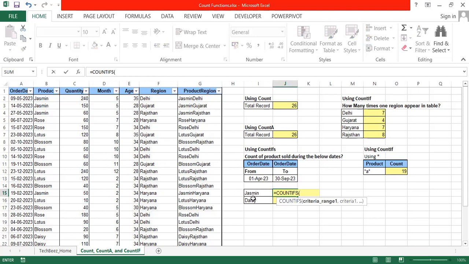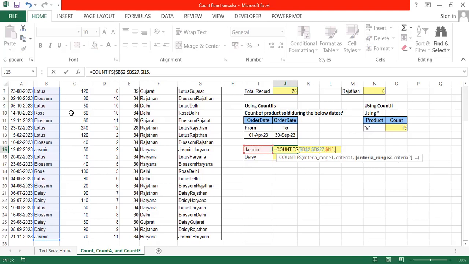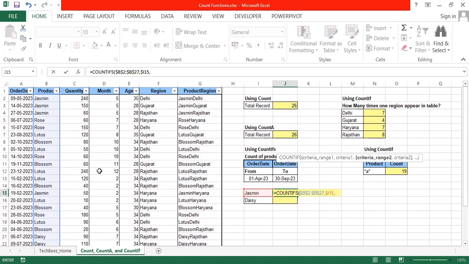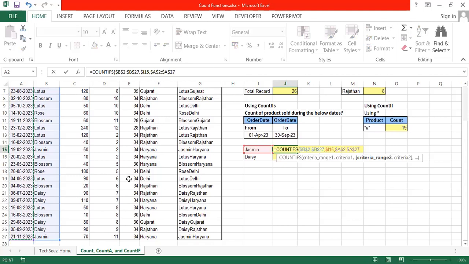We need first of all the product. So where is the product? Product is available under column B. We will select this column. What is the criteria? This is the criteria. We would like to see Jasmine. Then we need a date, starting date and ending date. So first of all, this is the date column. We will select this date column, freeze it. Then